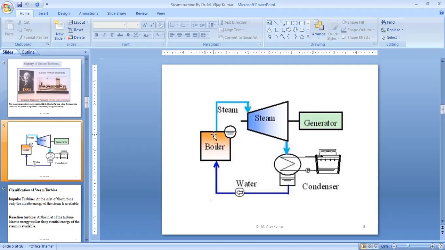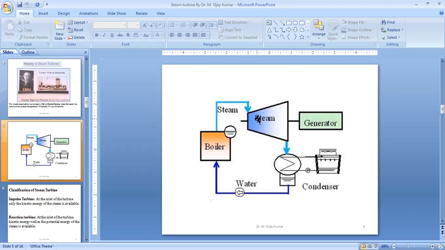So when the steam is generated, that high pressure steam will be sent to this turbine. The high pressure steam will be sent to the turbine with the help of nozzles. Before the steam turbine, the nozzle will be there, so that high pressure energy will be converted into kinetic energy by the nozzles. When high kinetic energy, high velocity steam is generated, it will start hitting the turbine here.